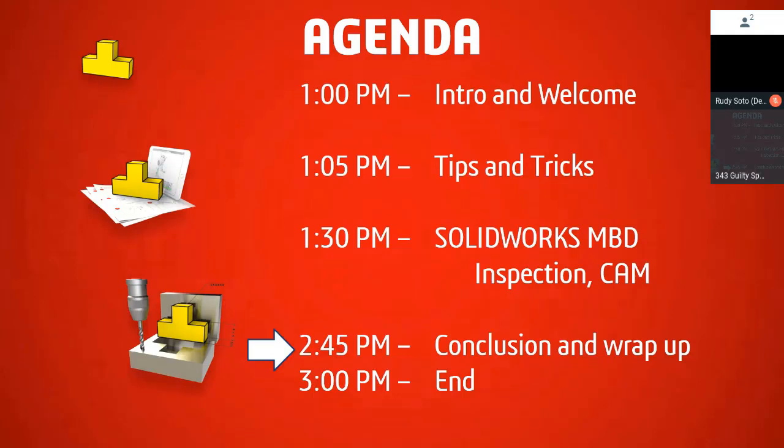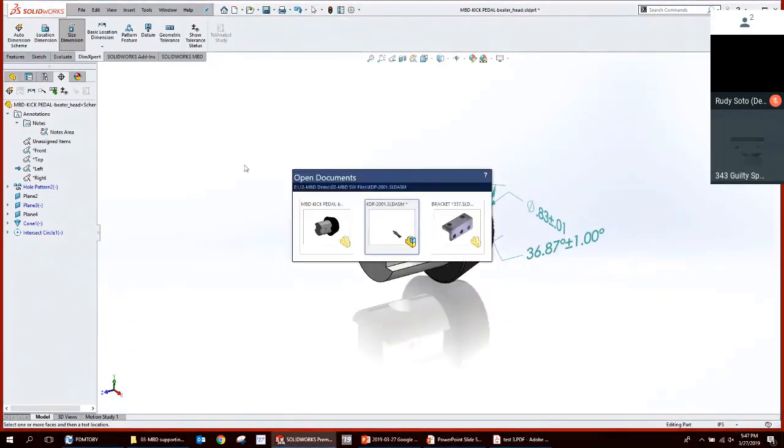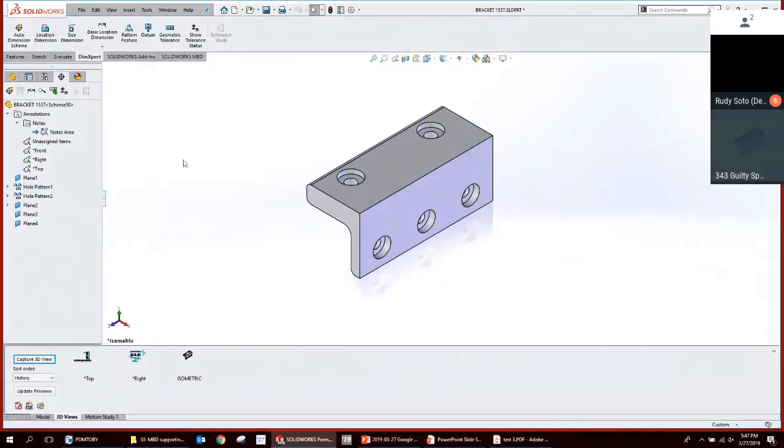So really the only time saver would be downstream. We're still putting in the effort to create essentially a 2D output, whether PDF or paper drawing, right? So the question is, if we're still doing a 2D drawing, is there any point to using MBD or DimExpert? I'd say the only real time-saving benefit would be in spots where utilizing the automatic dimensioning is